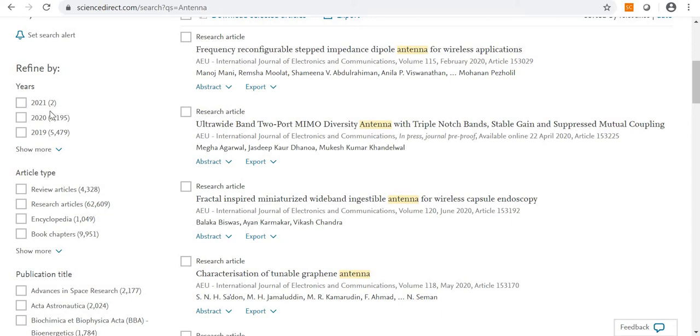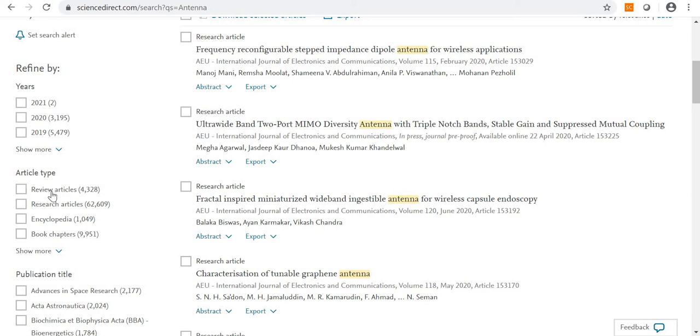Some of the conference series proceedings, they will release the next year's proceedings also in advance. So that's why you are able to see 2021 related articles also. In 2020 3195, in 2019 5000, like that. Year wise, you can see how many articles are published in the Elsevier journals related to that particular keyword.